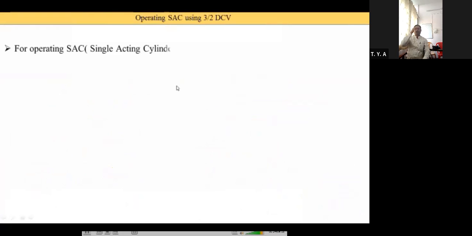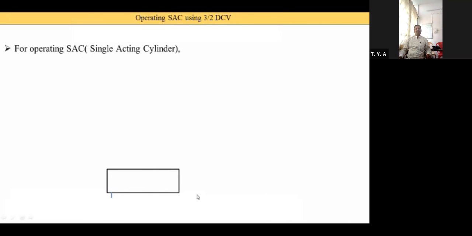So first we understand the meaning of SAC. SAC means single acting cylinder. First we need to know the symbol of the single acting cylinder. So this is the cylinder, a horizontal cylinder, and from the front view it looks like a rectangle, but from the side view it is a circular component. In a single acting cylinder, this is the piston, and on one side of the piston the oil is supplied and also delivered. That's why only one port is provided. Here you see this blue line, it is the one port. From this port the oil enters and the oil is also removed.